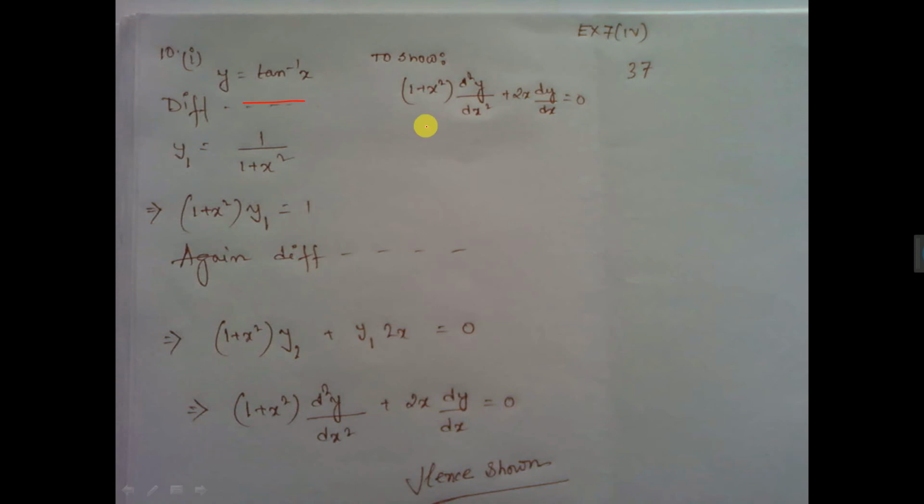Given y equal to tan inverse x, prove this. If you differentiate this side, you get y1, and the tan inverse x differentiation formula is this. Now do cross multiplication, y into 1 into this equal to 1. Again differentiating both sides with respect to x, u into v differentiation, u into d/dx of y1 means y2, plus v means y1 into d/dx of this, means 1 is 0 and x square is 2x, so I have written 2x. y2 means this and y1 means this. See, the proof has come.